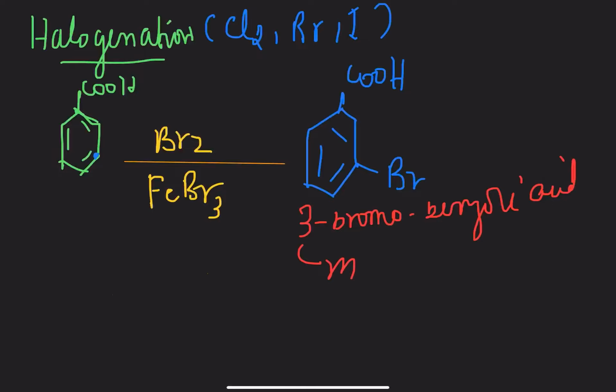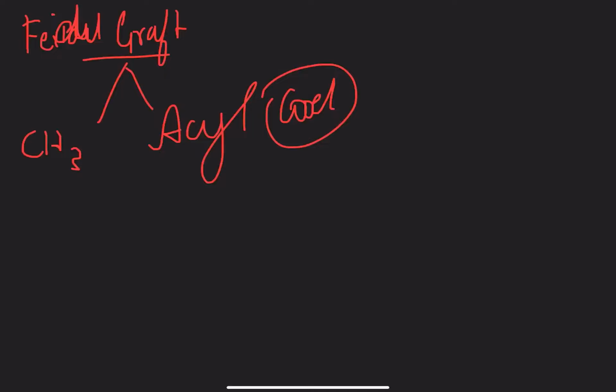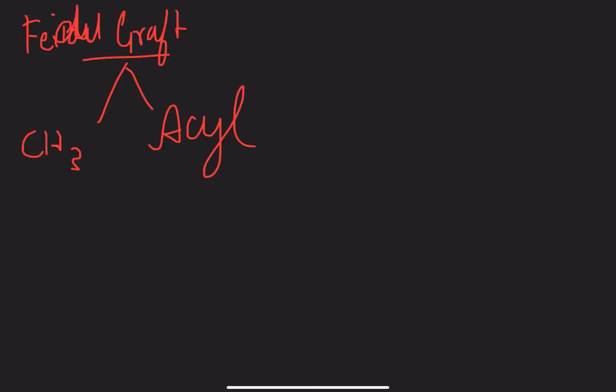Okay, alright. Now the last category of the reactions is Friedel-Crafts reactions. Friedel-Crafts reaction can be of two types. It can be introducing an alkyl group, that is alkylation, or it can be introducing an acyl group, that is acylation. Okay, COCl, that's your acyl group, COCl. Now when I talk about the alkyl group or acyl group, the reagent which we use for Friedel-Crafts reaction is anhydrous aluminium chloride, AlCl3.